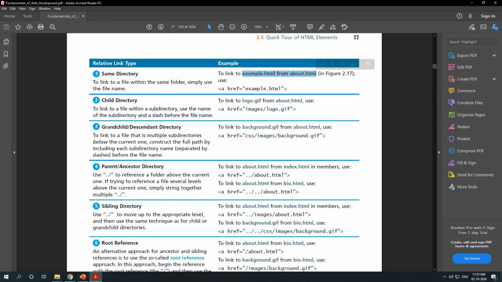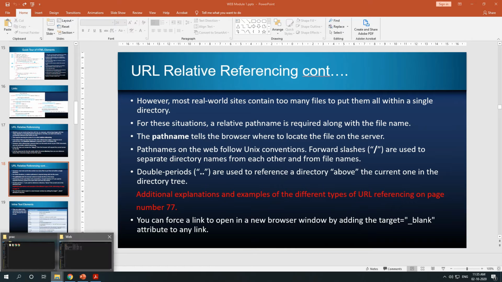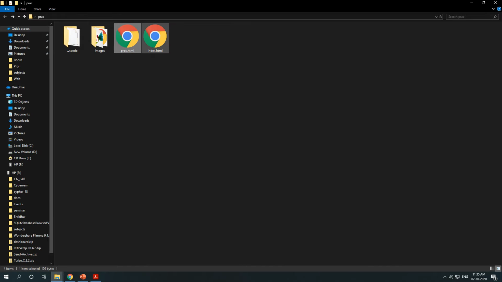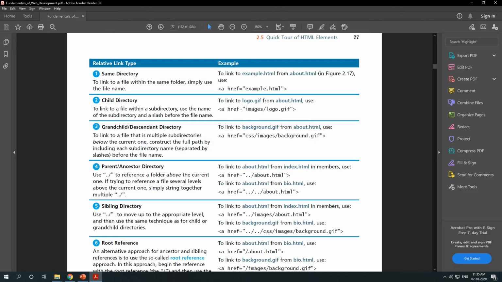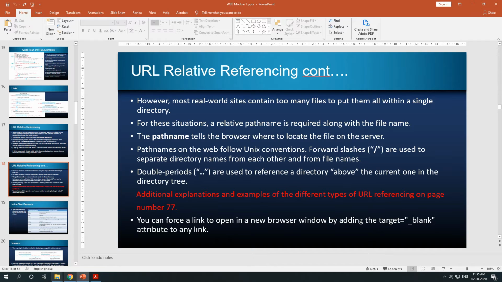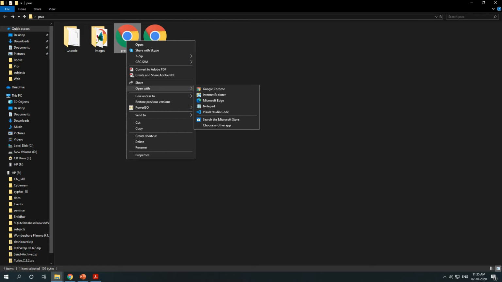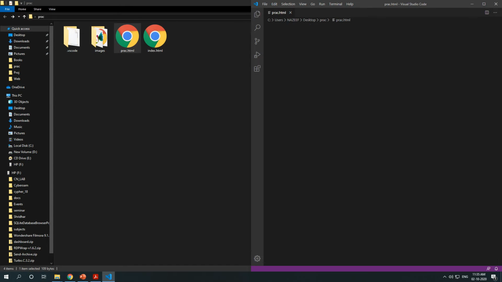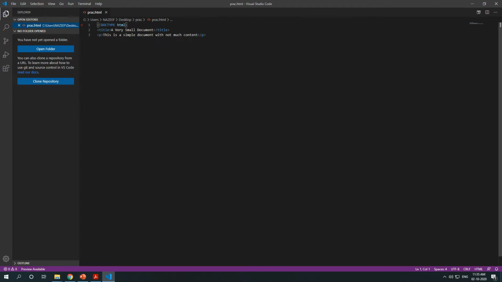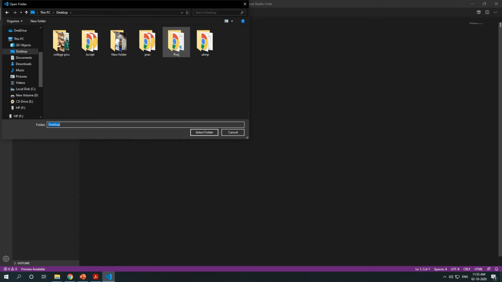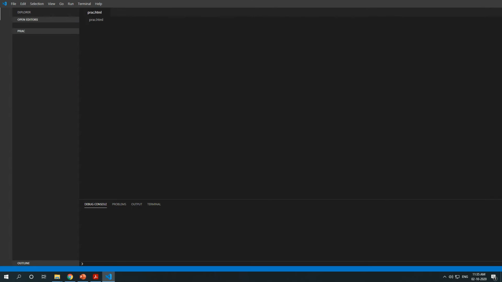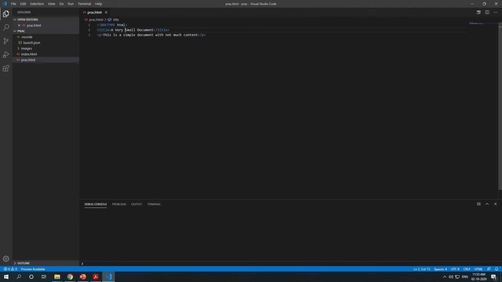Okay, so what I am taking is to link index.html from practice.html. How to link? Here we need this reference. So I have one page here, practice.html, so let me open it with Visual Code. Here I have a project open, so I open a folder, my project is prac. Select this folder. So I have this practice.html, and in this I have some code.